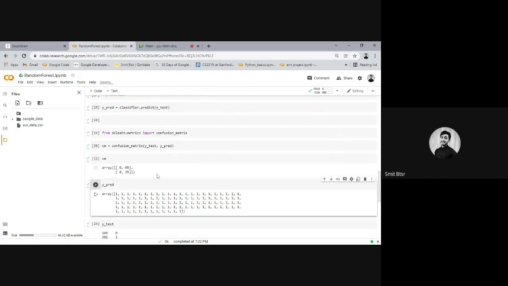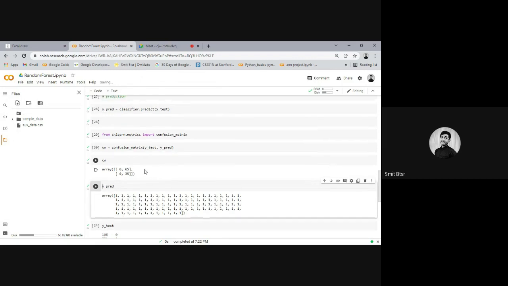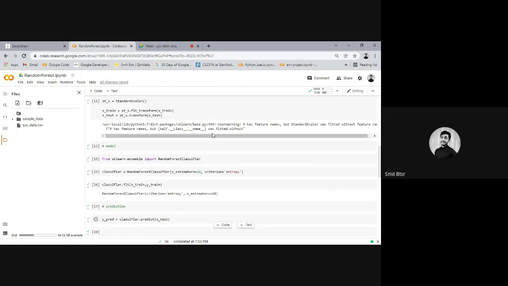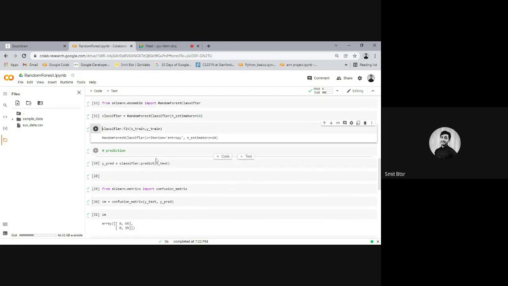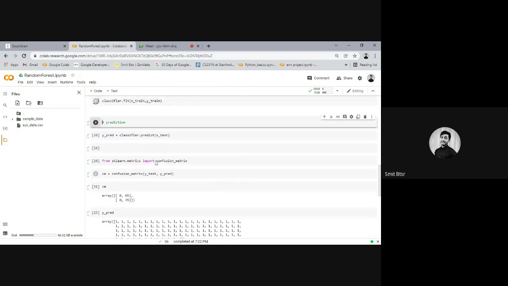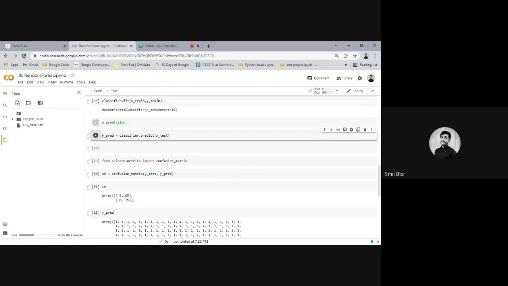It is giving me the same. Why is that? I think maybe because of this entropy. On your computer you might get different values for the confusion matrix, so that's not a problem. It depends on different computers, so that actually doesn't make any difference.